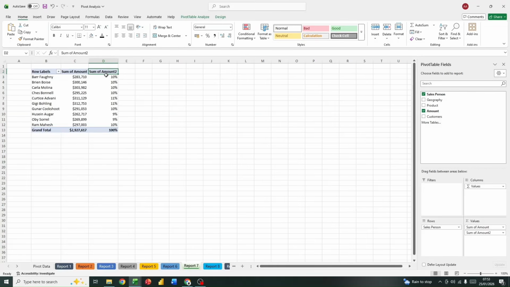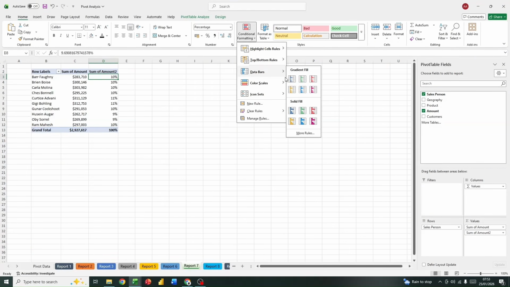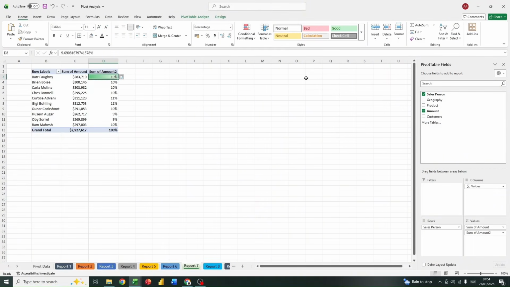I now want to just go in and add a slight conditional format how we saw before. And for this one, I'm going to add a data bar. And I'm going to add this green one here. And you can see it automatically applies this data bar to the first cell in my column. I also get this option with the click down. I can press it, and then I can also add this formatting to the rest of my table. So you can see I added it there,